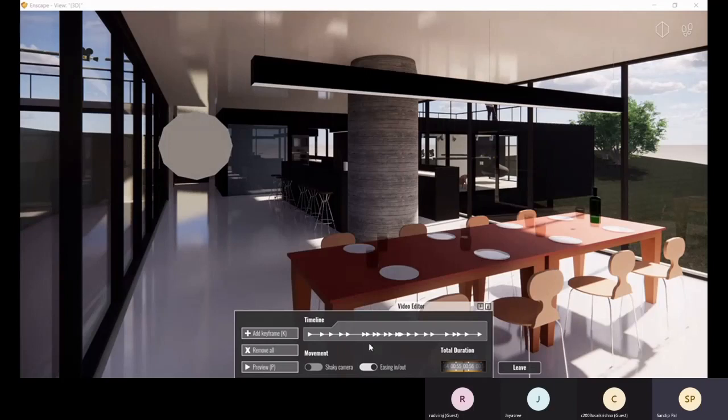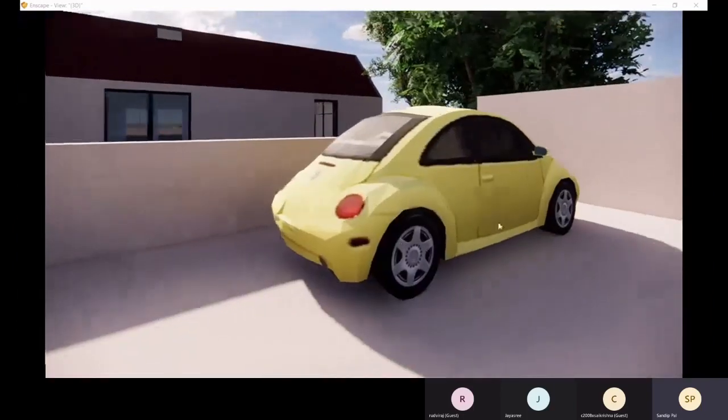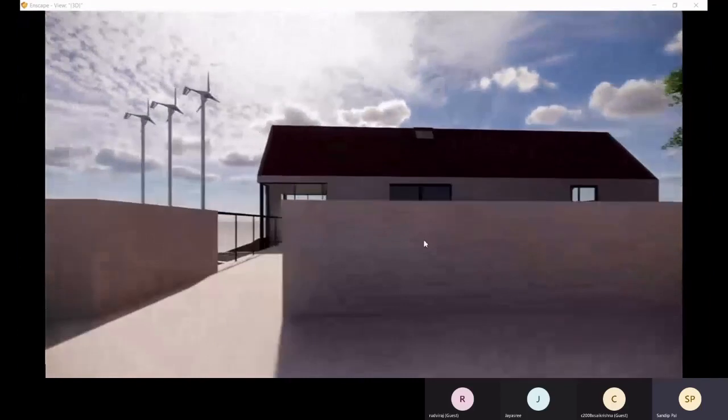This is done, and you want to preview, so from that position it will play for you.